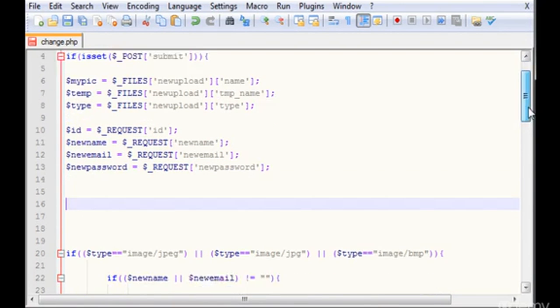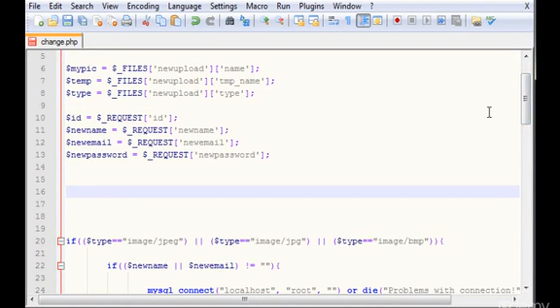So that's a good way to guarantee that the user is sending the correct info. So let's type if,